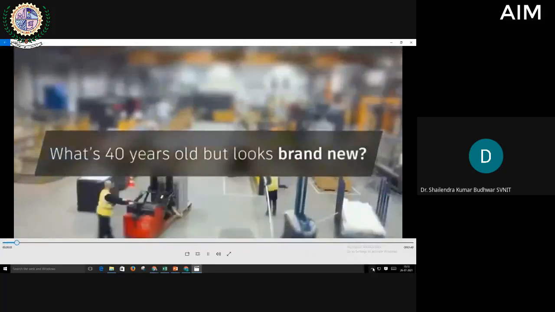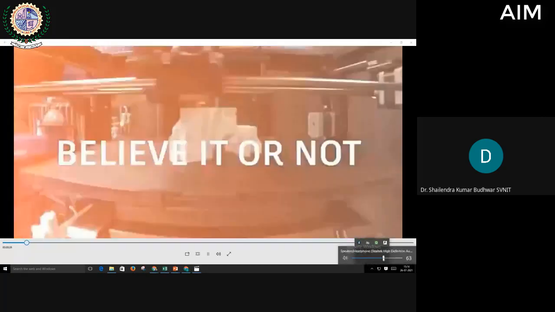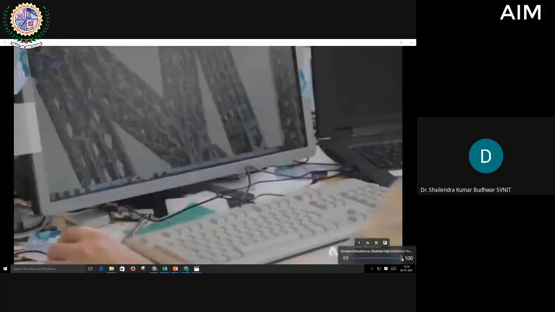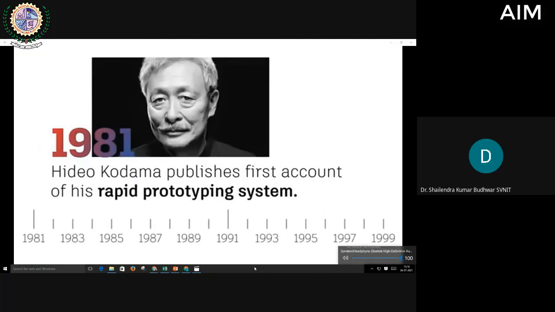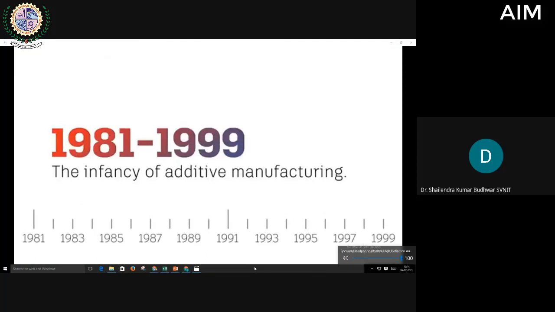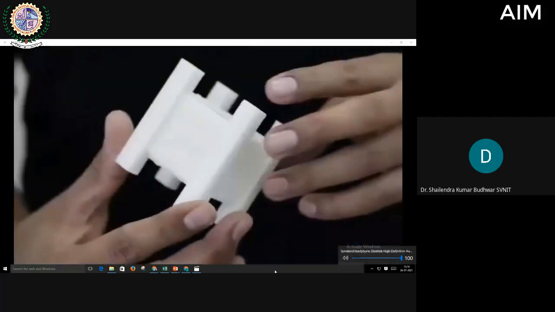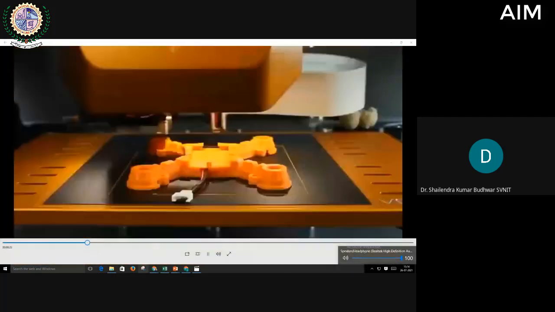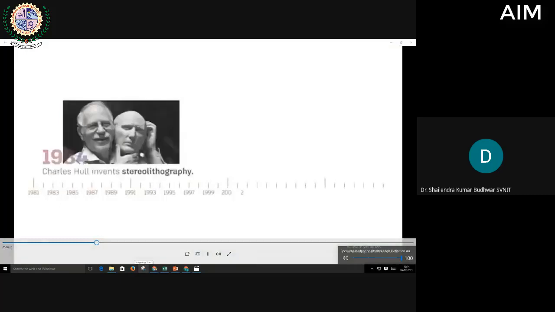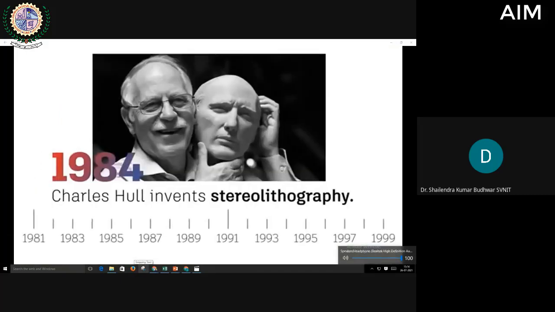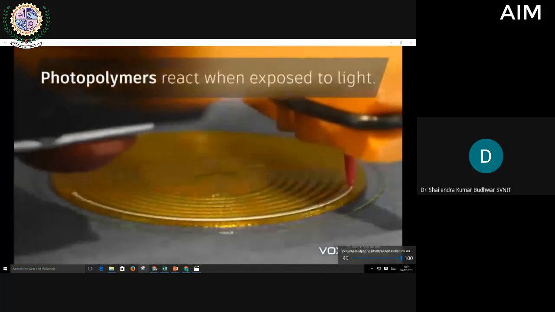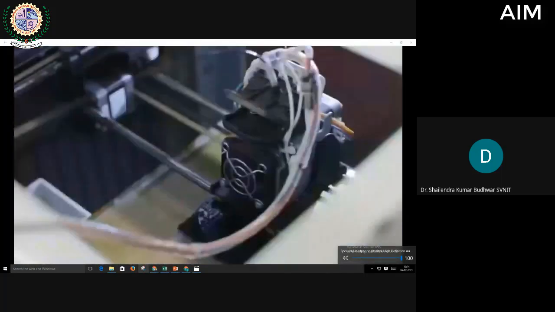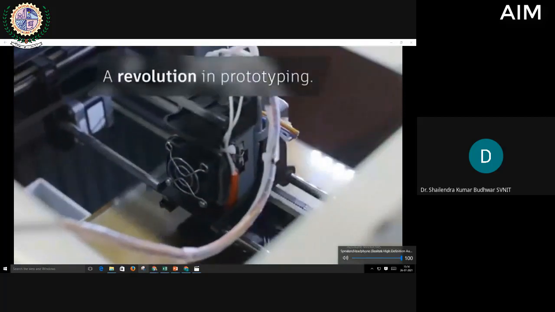What's almost 40 years old but looks brand new? Believe it or not, it's 3D printing. It all began in 1981 with a man named Hideo Kodama. Kodama's vision for a functional rapid prototyping system kickstarted a revolution. It paved the way for a solid printed model that could be built in layers, and Charles Hull's invention of stereolithography, which let designers create 3D models using digital data. The secret? An acrylic-based material known as photopolymer that turned to plastic under a laser beam and allowed inventors to prototype their designs without the costs.